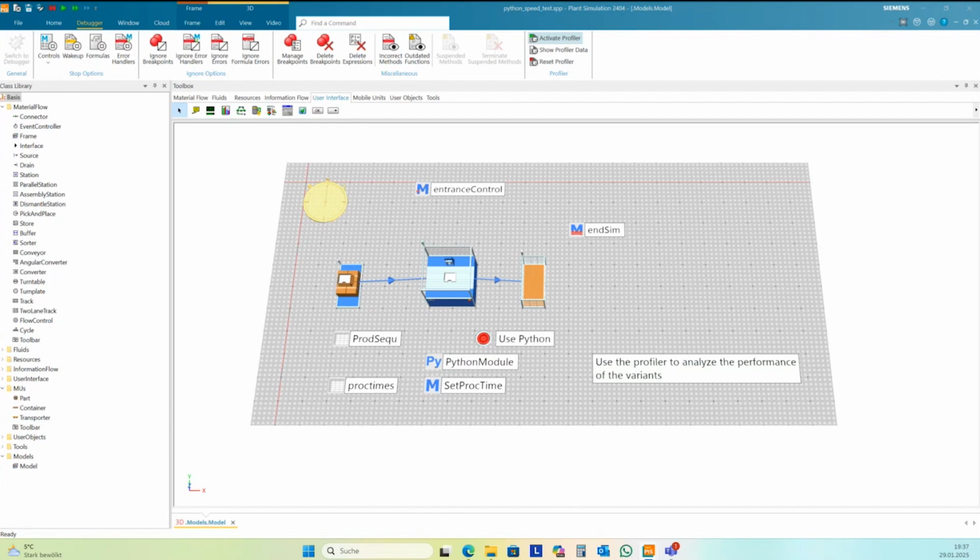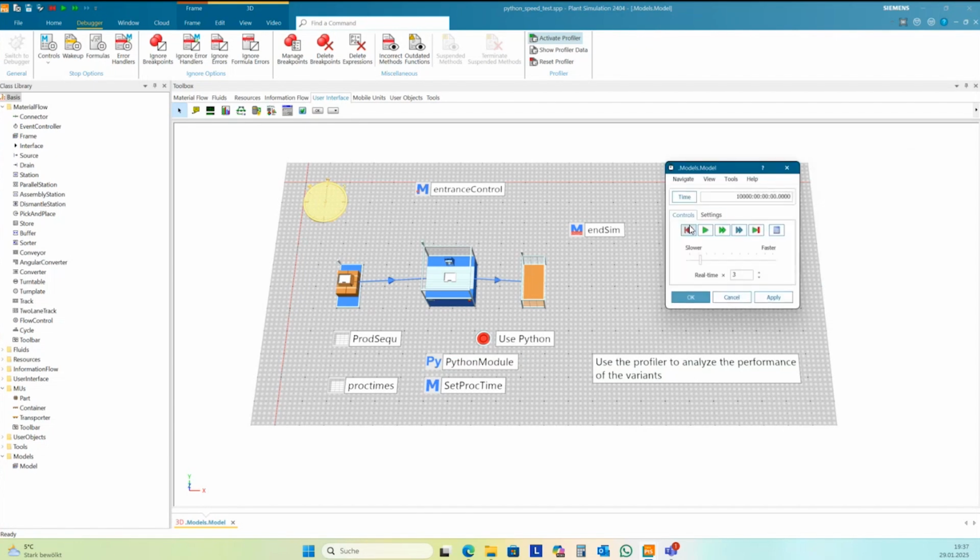One moment. 10,000 runs, so we have something to compare.